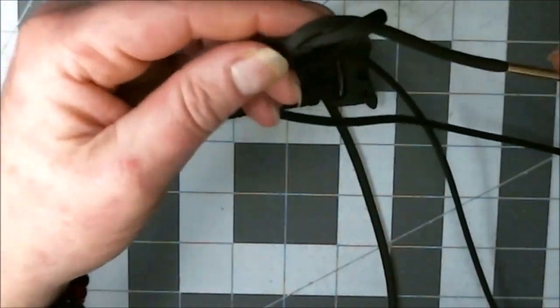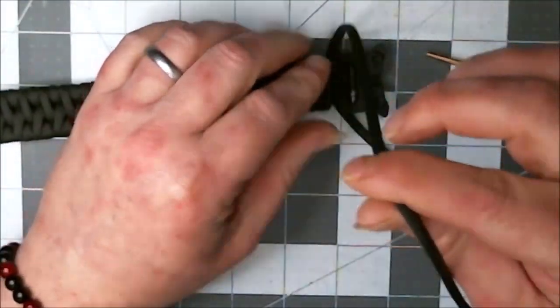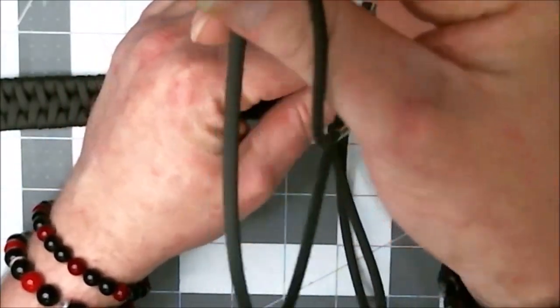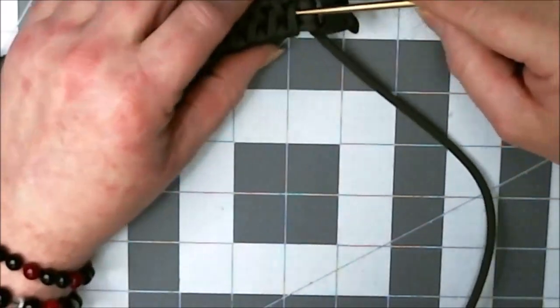Got a knot in my cord. Got to get that out. Okay? Like I always say, be mindful of your twist. A lot of times you can run your finger down that cord. See, there's a twist right there. And get that twist out. And then come over here. Like I say,